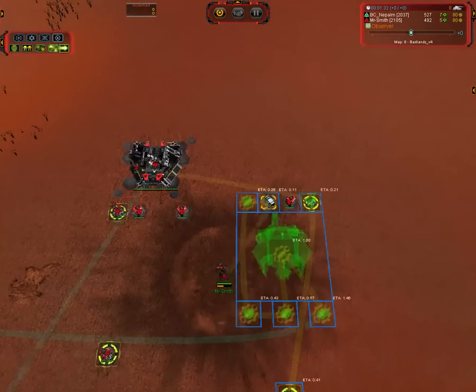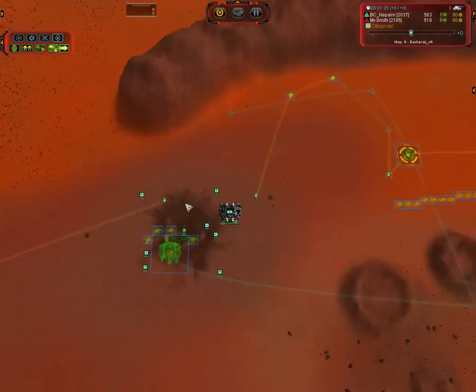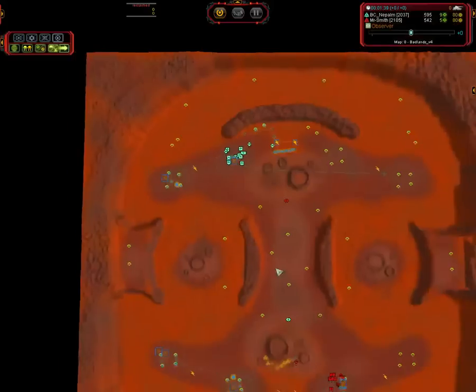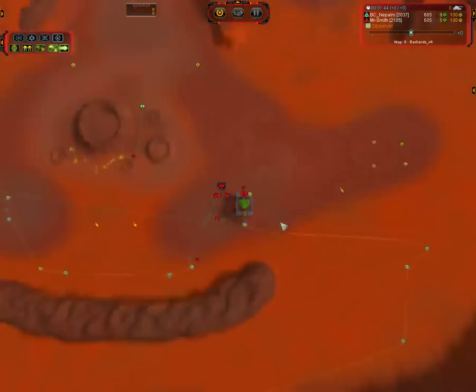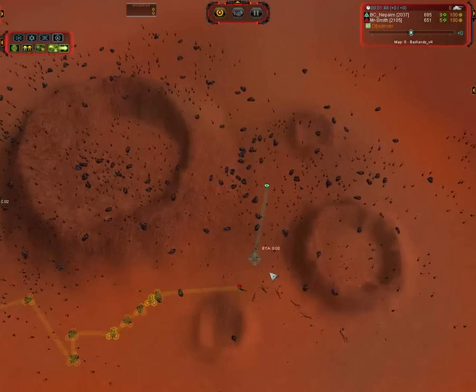And Mr. Smith is doing the same thing, second air from his base. 1, 2, 3, 4, 5, 6, 7 power. 1, 2, 3, 4, 5, 6, 7. 7 power and 1 power after factory. So